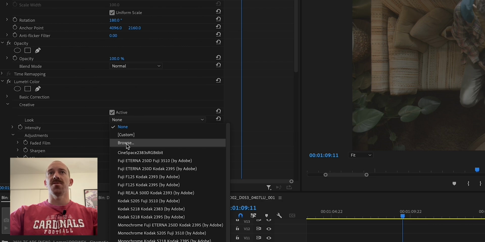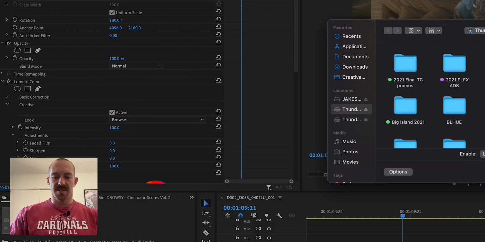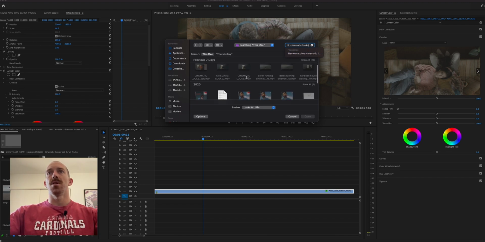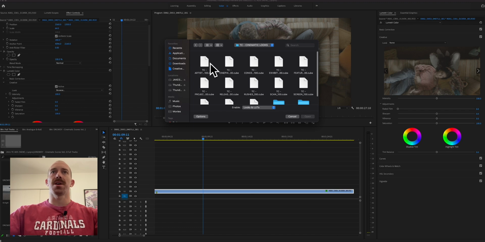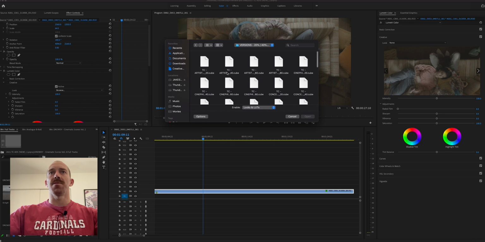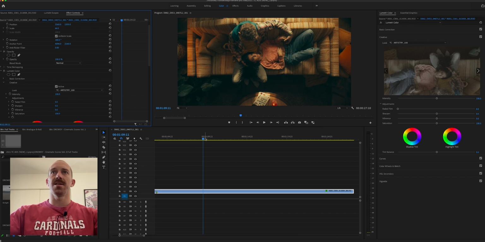So I'm going to browse, I'm going to do the cinematic looks. It's going to pull up the folder for that. And we're just going to pick the first one here, Artistry, the 100%. We do make them in different versions, so 20%, 40%, 60%, 80%, just so it works with a bunch of different camera profiles. But I'm just gonna select the 100% here, open that, you'll see instantly a beautiful grade in which I